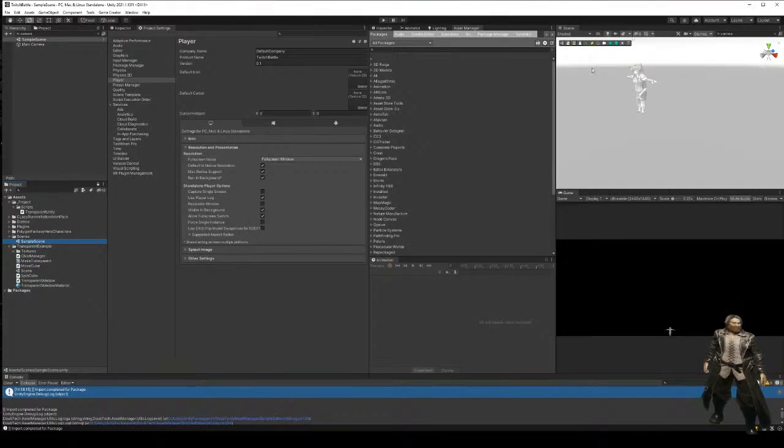Alright, so we should be done with that project for now. Now we're going to look at this project. We need to go into Package Manager, and we're going to have to hit refresh. And now that I've done this export and I'm importing into this project, but there is some noise in